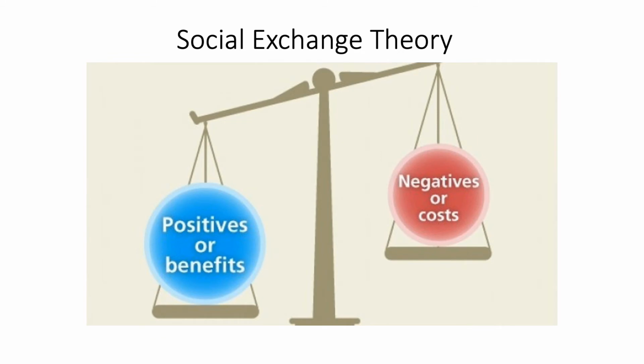A theoretical perspective that we're going to find very useful as we talk about interpersonal attraction is something known as social exchange theory. Social exchange theory is a very general theory used in social psychology to explain a lot of different types of social behaviors, but it has also been applied to the study of relationships. But basically, our relationships with other people are very much thought of in marketing terms. Do our costs outweigh our benefits, or the other way around?